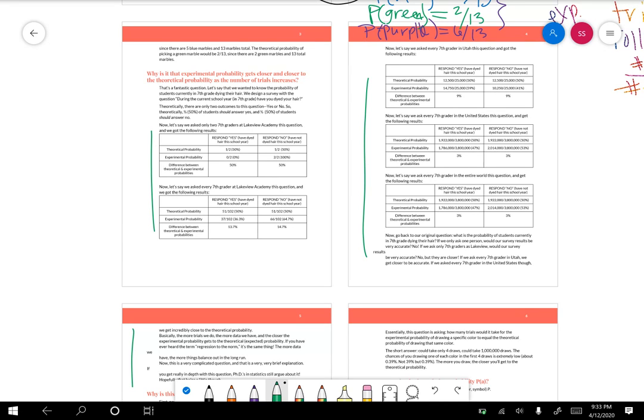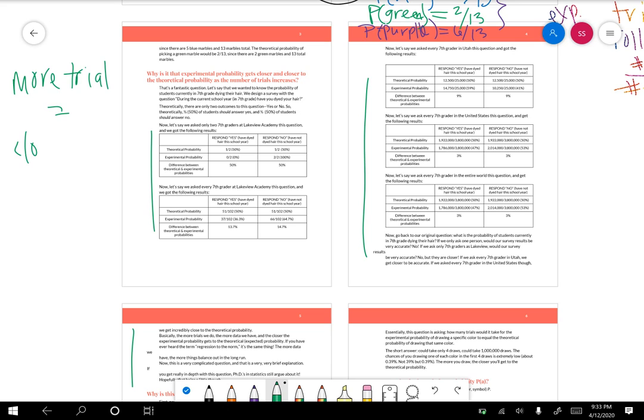the more trials or the more data we have, the bigger the sample size, the more people we're asking questions, the more times we roll a dice, the more data we have, right? The more the theoretical probability, the expected probability, will be equal to the experimental probability. So more trials, I write that up. More trials or sample, more data